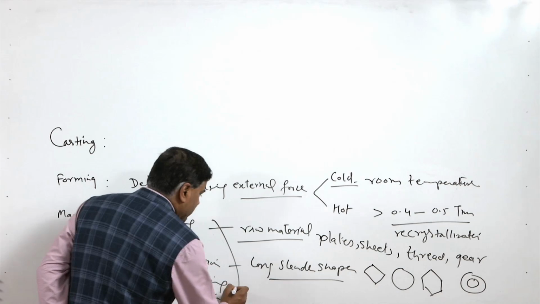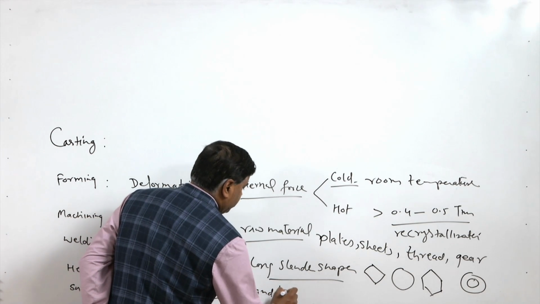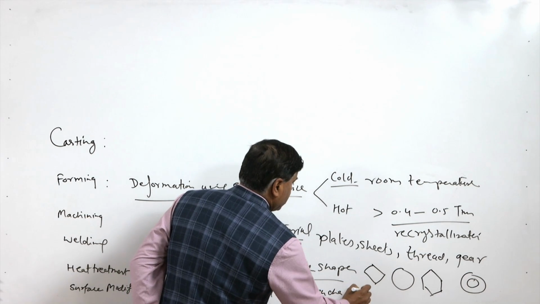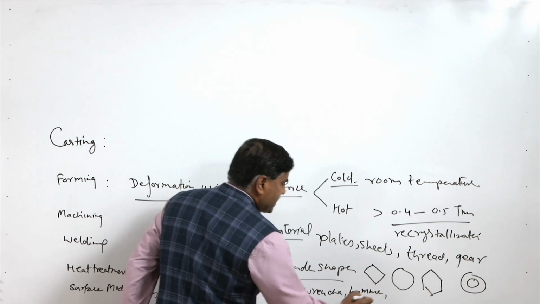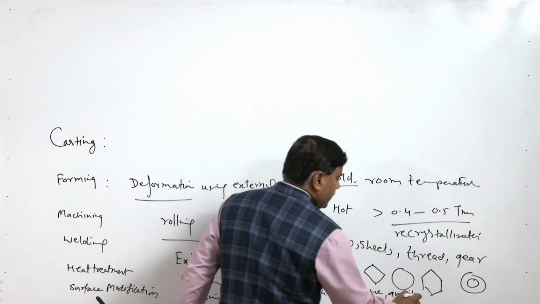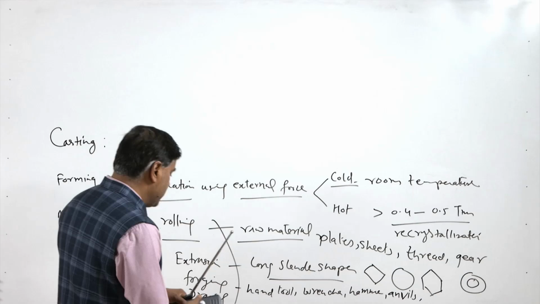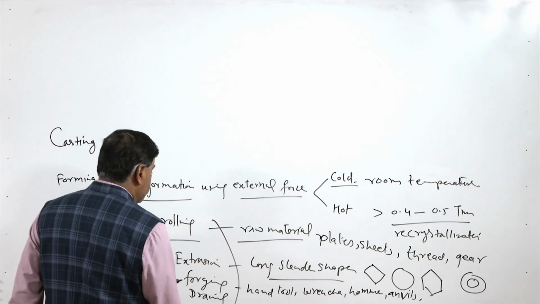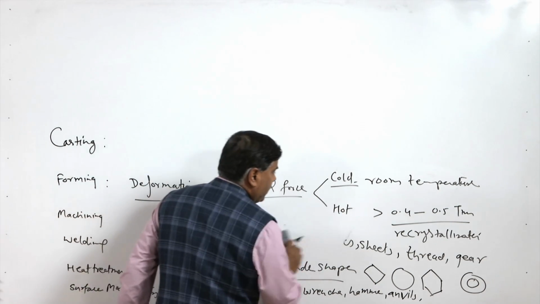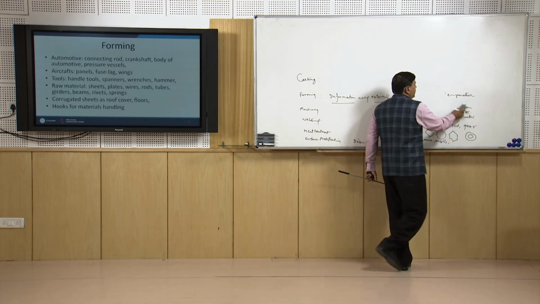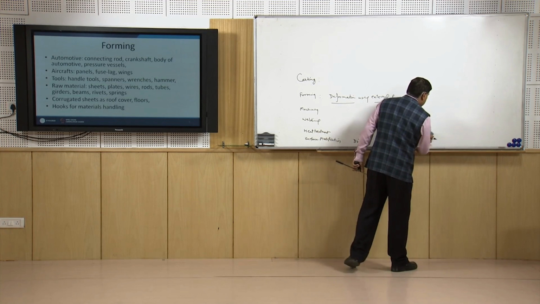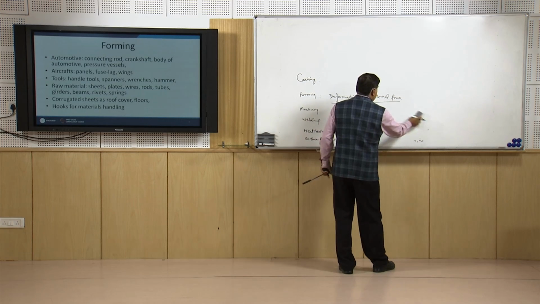Forging is used for making, say, hand tools like wrenches, hammers, anvils, connecting rods, shafts, etc., and wires and rods, or you can say bars of larger diameter,